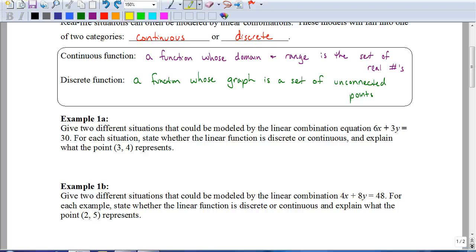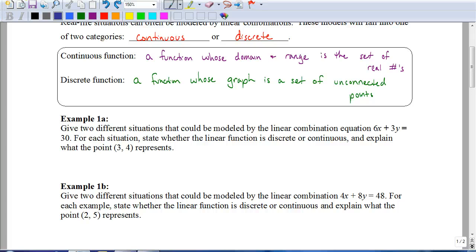It says give two different situations, we're only going to give one, that can be modeled by the linear combination equation 6x plus 3y equals 30. So notice how they referred to this as a linear combination equation. Okay, that's important to recognize that. And then for a situation, we're going to state whether it's discrete or continuous and explain what the point (3,